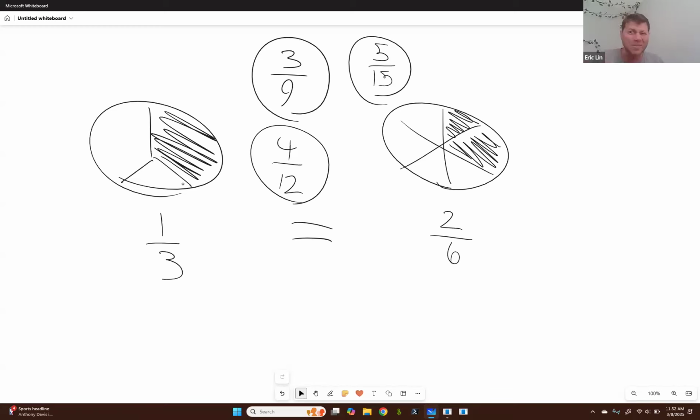As it turns out, there's an infinite number of different fractions that I could write that would be the same as 1/3. 1/3, 2/6, 4/12, 3/9, 5/15. All of these mean the same thing,